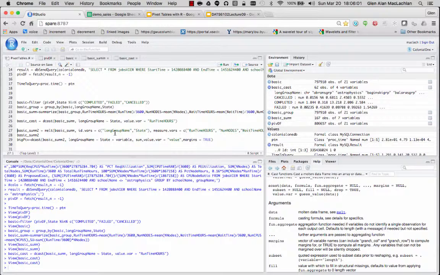Now something to point out here. When you set your ID variables, you want to go from left to right. You want to use the variables that change slowest on the left side and the variables that change faster on the right-hand side. You can experiment for yourself by transposing these to see what happens if you were to put state first and then long group name second. In other words, if you put the fast-changing variables first and then the slow-changing variables, your table comes out